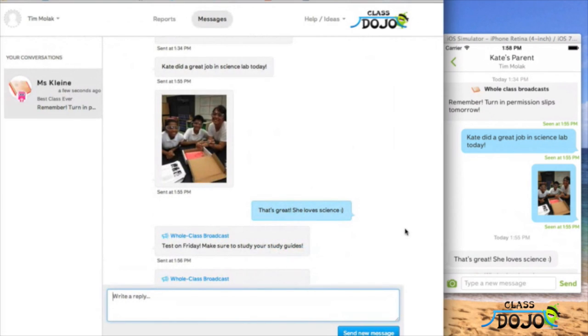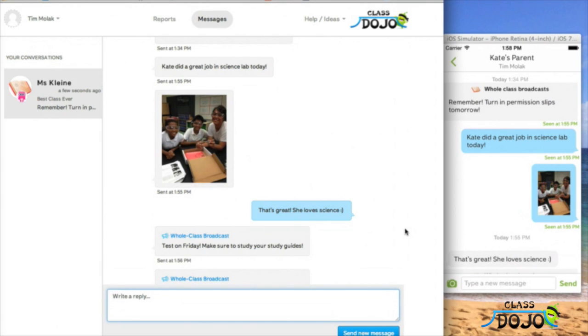And can you talk a little bit about how to get the students in here? Do you have to be a Class Dojo user in order to take advantage of this feature? Absolutely not. You do not have to use the original Class Dojo application in order to use Class Dojo Messenger, which is why we created a standalone app for teachers who chose to just use the messaging feature.